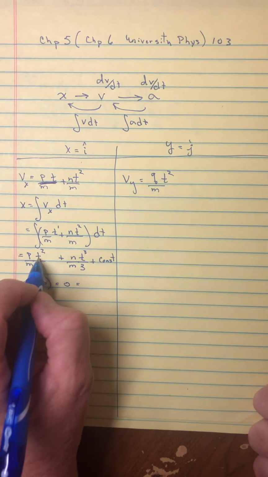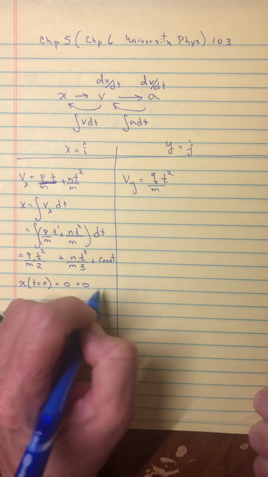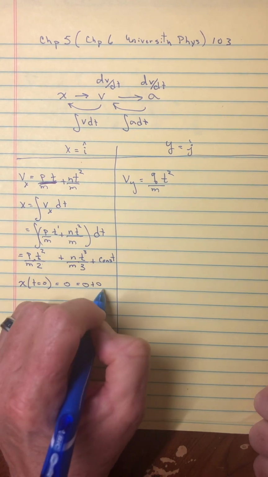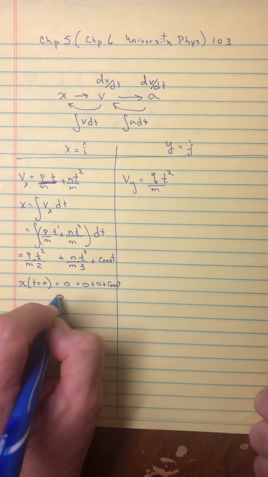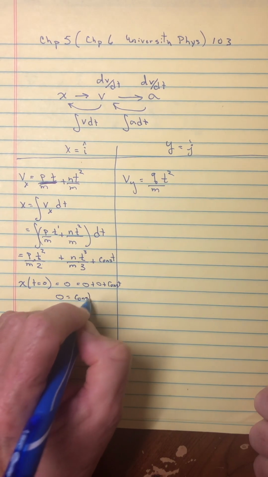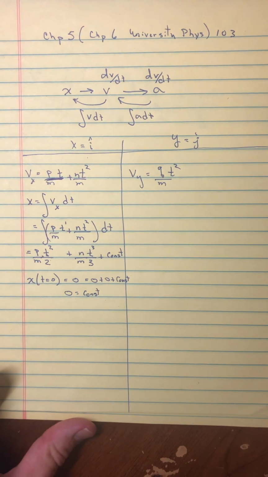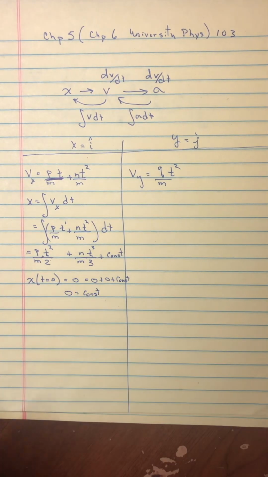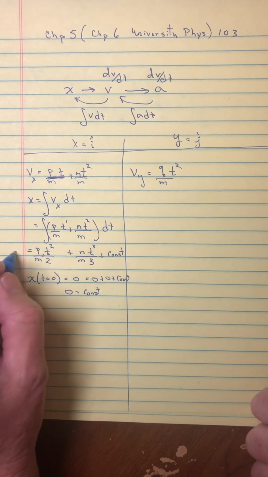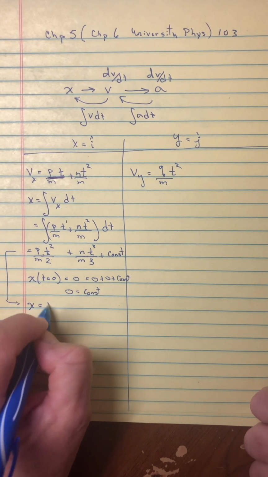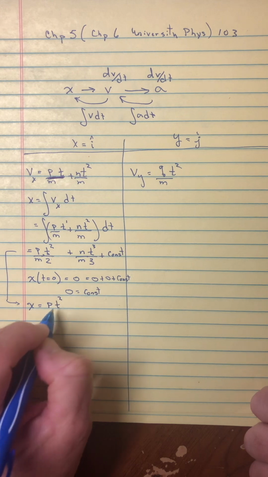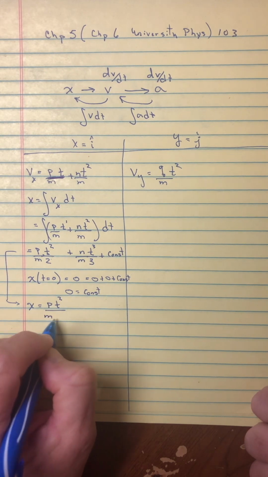So if you put in time equals 0, that first term is a 0, the second term is a 0, and then plus the constant. So again, maybe a little too simple, but the constant in the x direction is equal to 0. So you can finish this calculation by saying the equation for the position is p times t squared over,